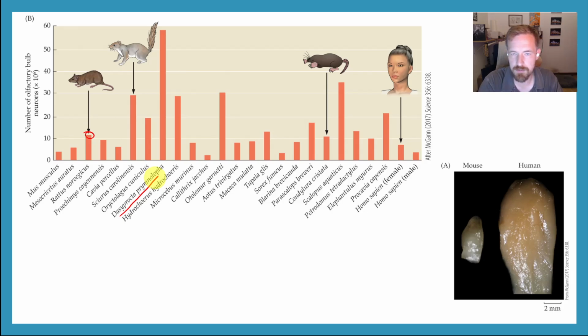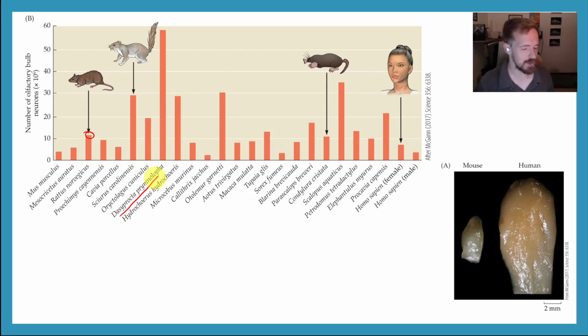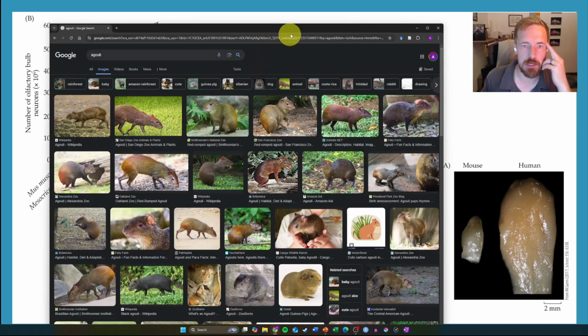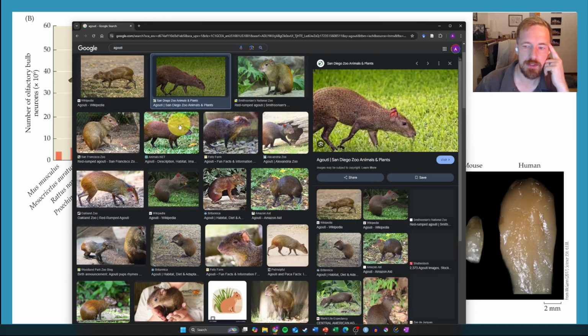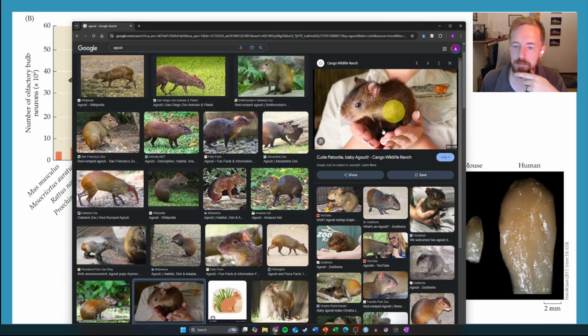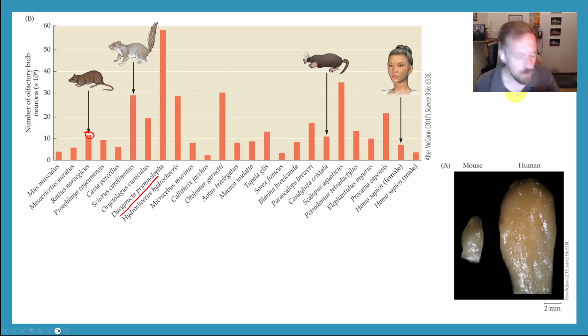I don't know if you've ever seen the agouti. It's from South America. What am I doing? I got a computer right here. Hold on one second. Let me just show it to you. Okay, all right. So this is what I'm talking about. Cute little guys. They look very similar to chinchillas, kind of, but I always felt like they almost look like capybaras, if you know capybaras. And you can see how big they get. Pretty big fella. Look at that. How cute is that? You should check them out on YouTube. They are extremely good at smelling things. I don't know why we don't have, like, bomb sniffing agoutis, you know?